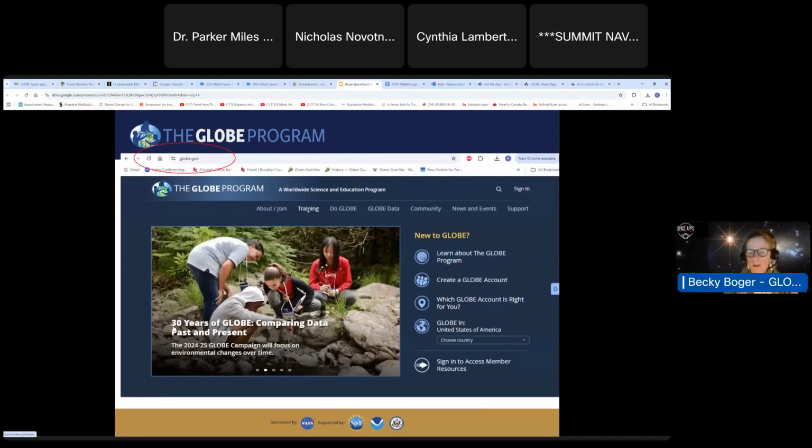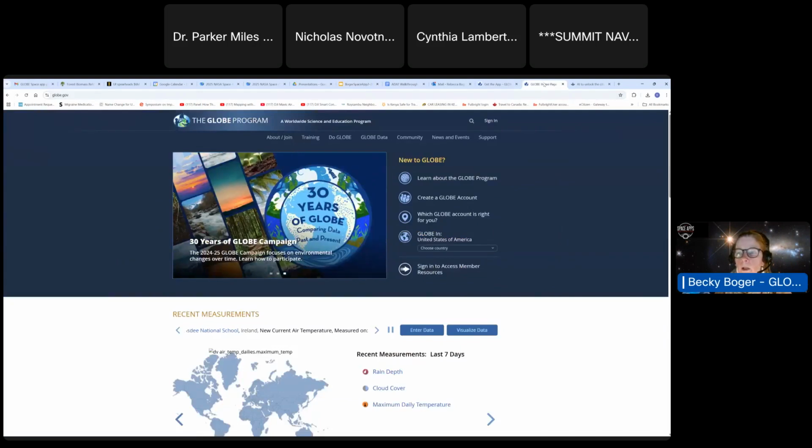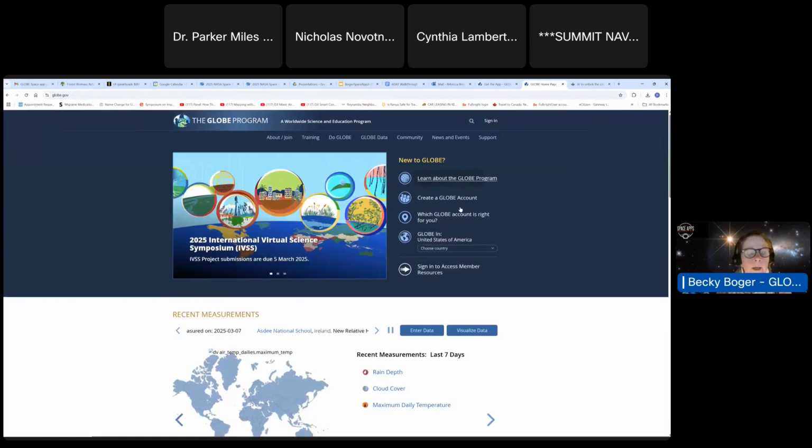So just to give you a brief layout of how the website is structured, it's huge and there's a lot of information out there. And so for someone new to using the Globe website, it can be a bit daunting. And that's just the nature of the beast, so to speak. So this is globe.gov, and it'll take you to a landing page. So now I am going to go to the actual landing page, and you should see that now, right? Now I'm interactive with the Globe